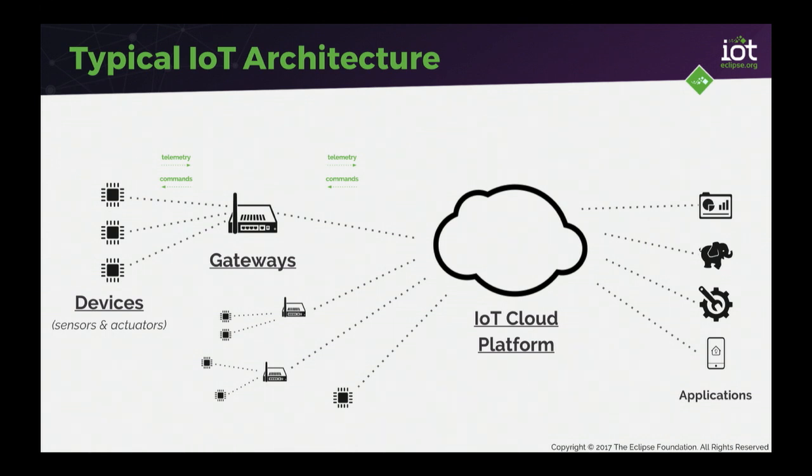So how do you get those constrained devices to communicate and to make it to the internet eventually? Well, this is by means of gateways. So gateway, think Raspberry Pi, right?